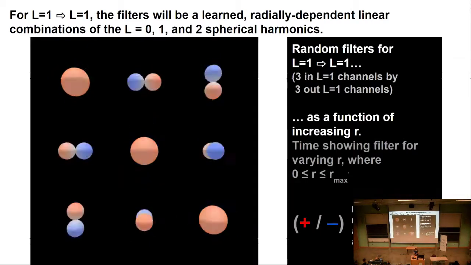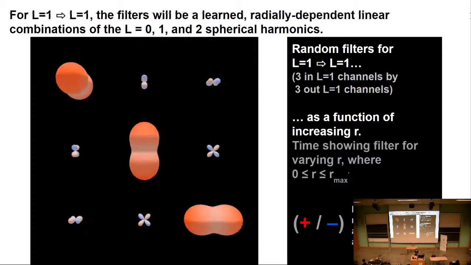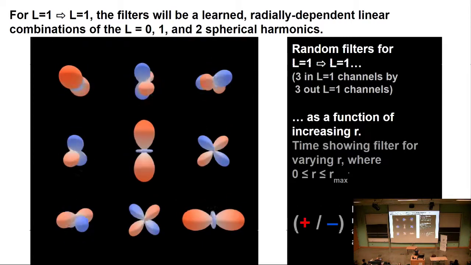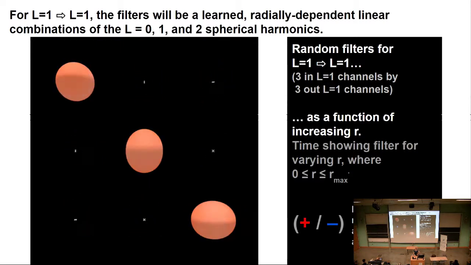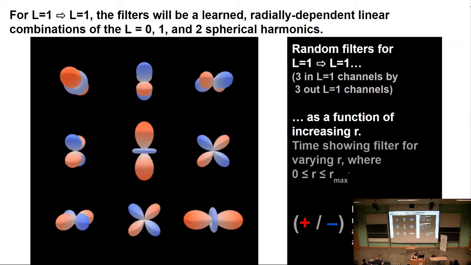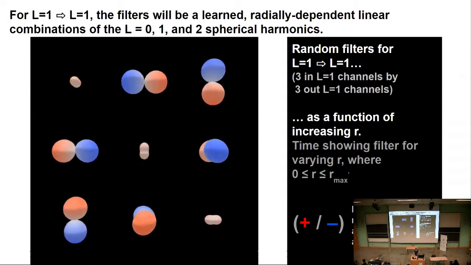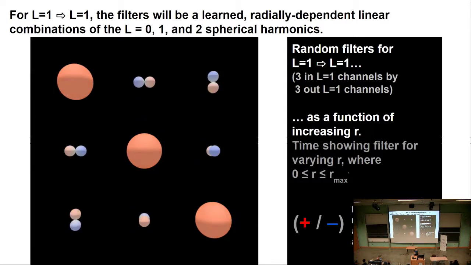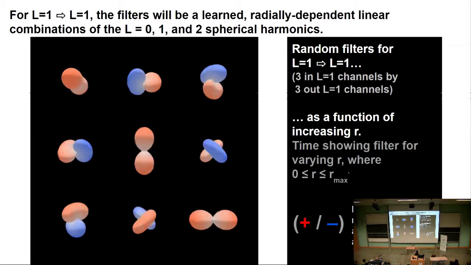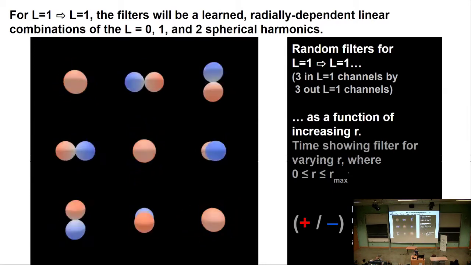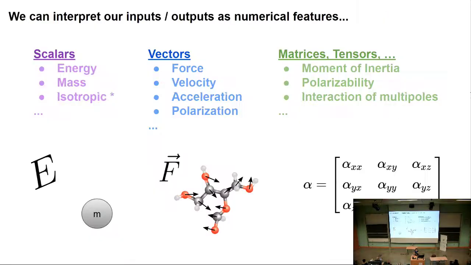Okay, good. So this is just a GIF to show you what a randomly initialized radial, or these filter functions, might look like as you're moving with varying L. It's mainly just to look interesting, but it's R equals 0 when the spheres are the only ones that are there. Okay, I'm going to speed up just a little bit on this one, but I'm happy to come back to this.